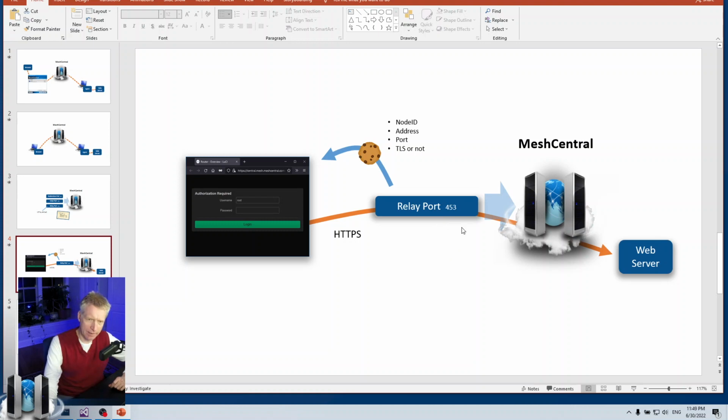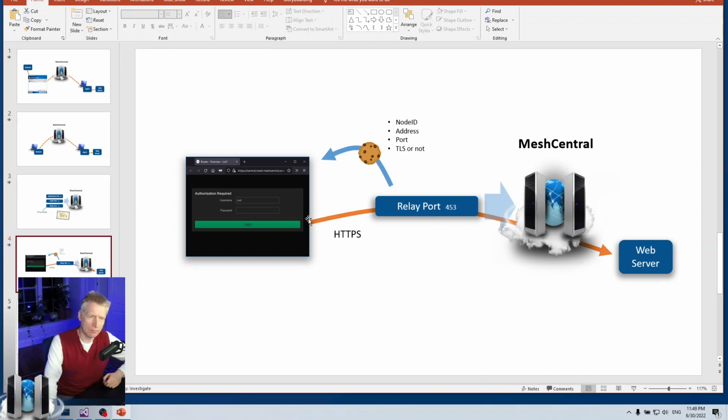The other thing that's interesting from a security point of view is that if the remote web server sends a cookie back to the browser, then normally, if the cookie is marked as HTTP only, which means it can't be accessed by the JavaScript of the browser, the cookie will be kept inside the internal session of the relay port, and it will not be forwarded to your browser.